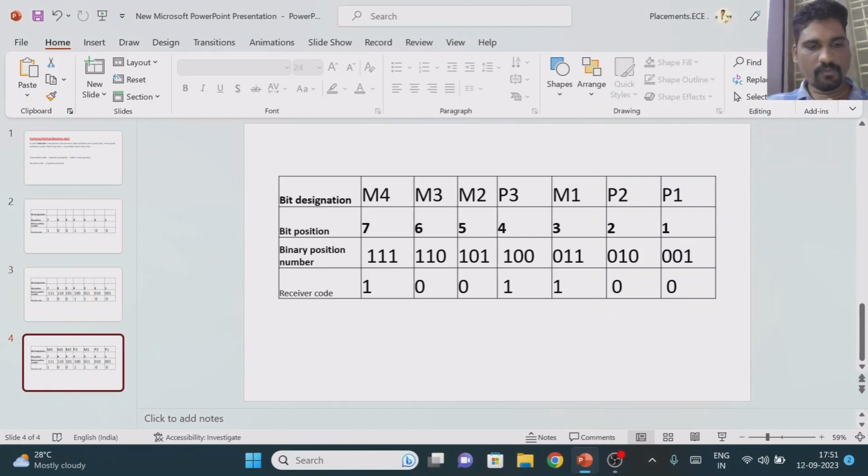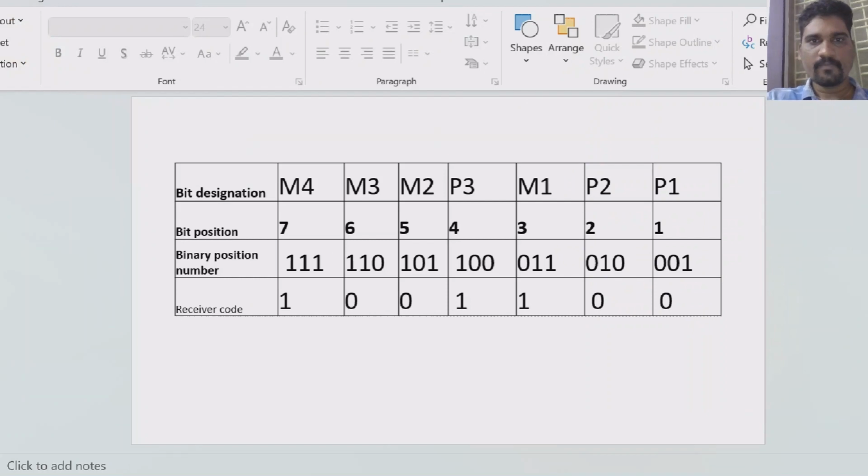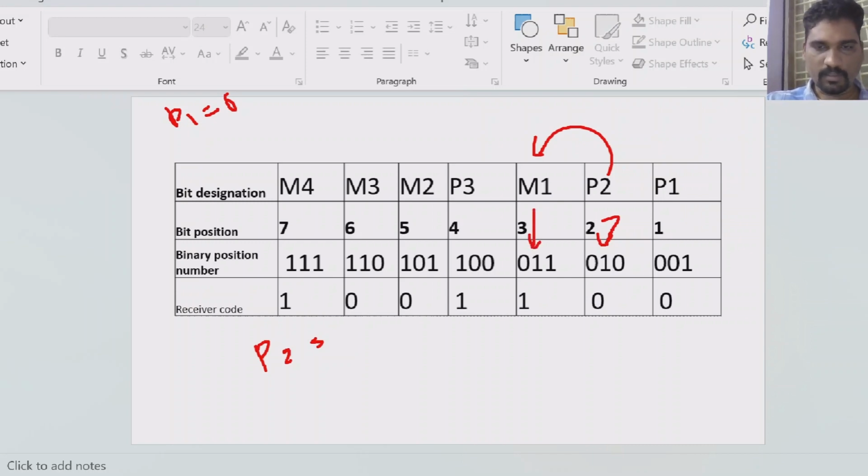Now we will find the P2 value also. P1 value we got 0. Now we are going to find out the P2 value. P2 should be compared with what? The message bits. See in which location we have the 1 in P2: the second bit location. It should match with all the other message bits. Check in M1, do we have 1 in the second bit? Yes. What is that answer? 1. Just write down 1.